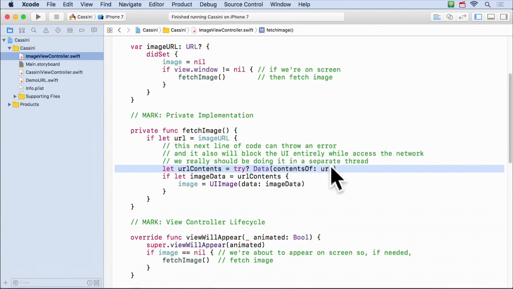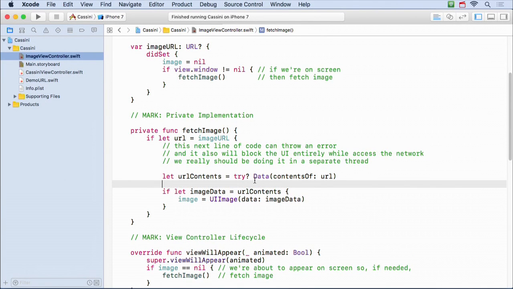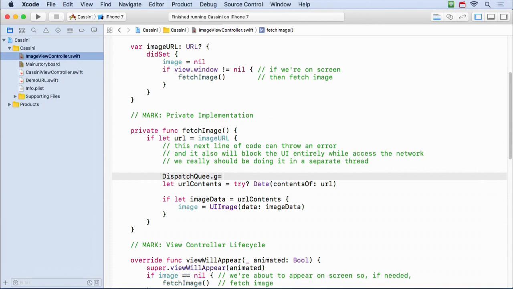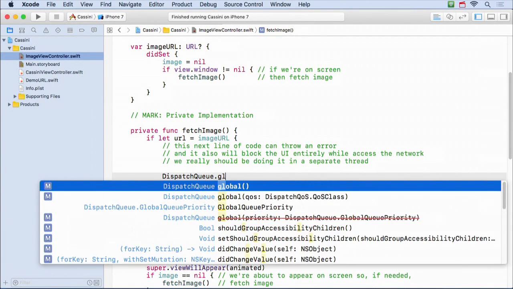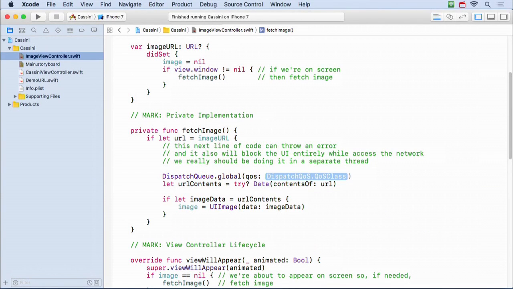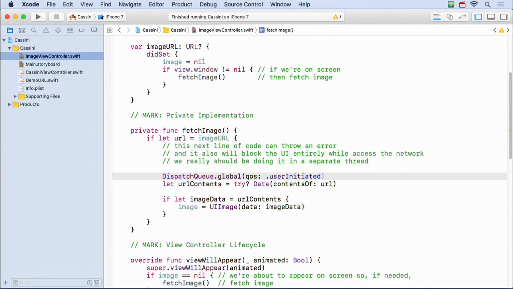All right, so we have this terrible thing, and we can't do this line of code like this because it blocks the main queue. So what are we going to do? We're just simply going to put this call on some other queue. I'm going to do that by just saying DispatchQueue.global. I'm going to get one of these global concurrent queues. And it's asking me for the quality of service, and the user initiated this request. It's not interactive, so I'm going to say user initiated.